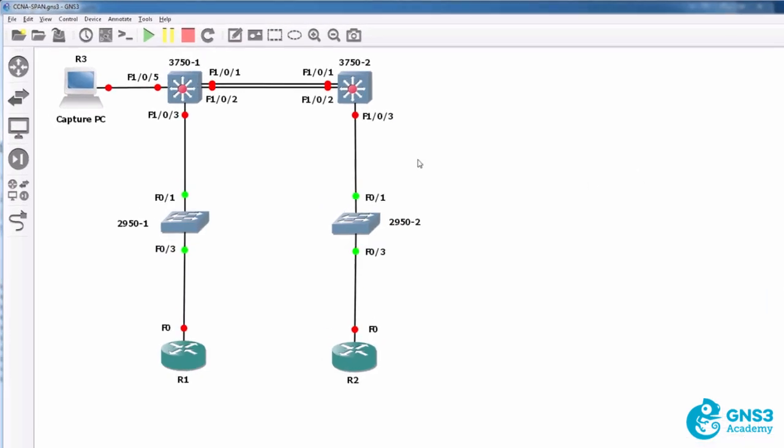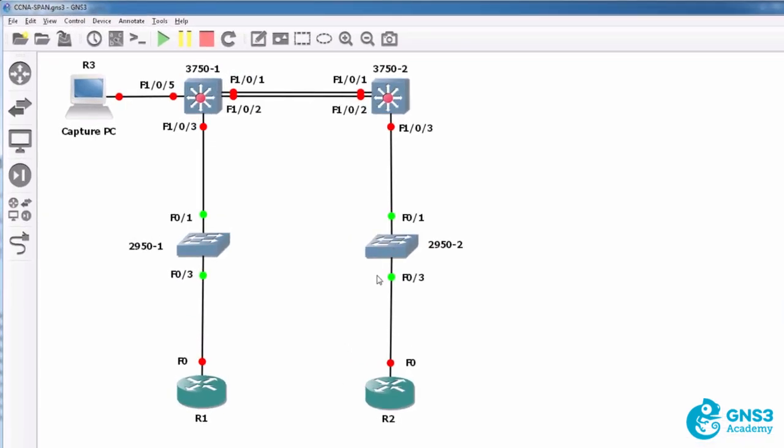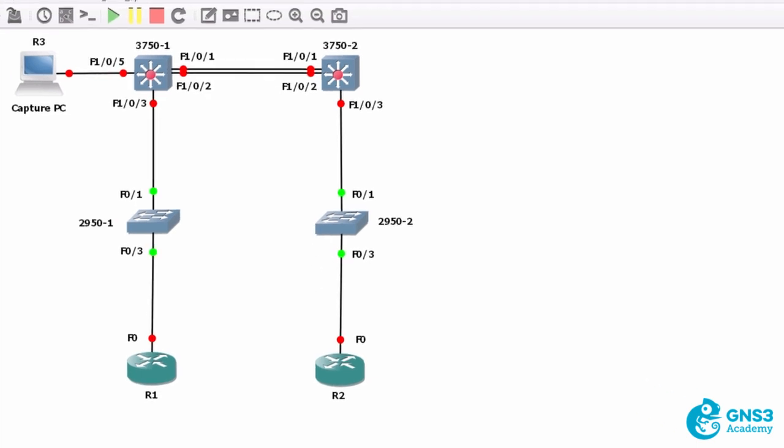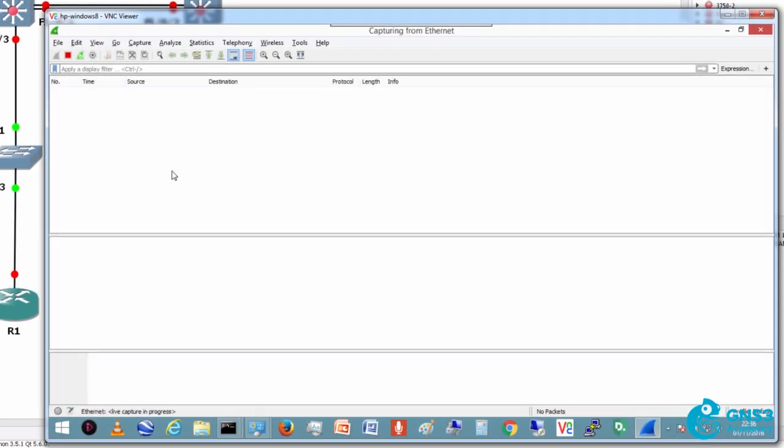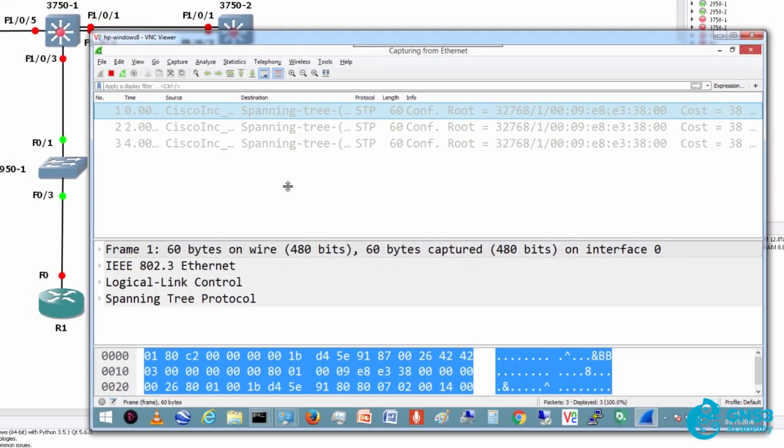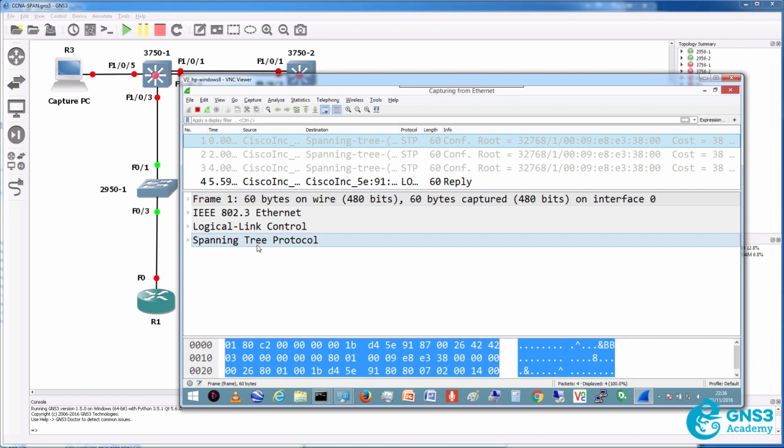To keep things simple, I haven't configured any VLANs. All devices are in VLAN 1. Let's capture traffic in Wireshark on our PC. So it's currently receiving some traffic,